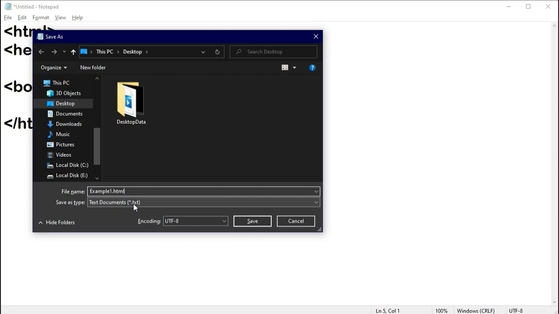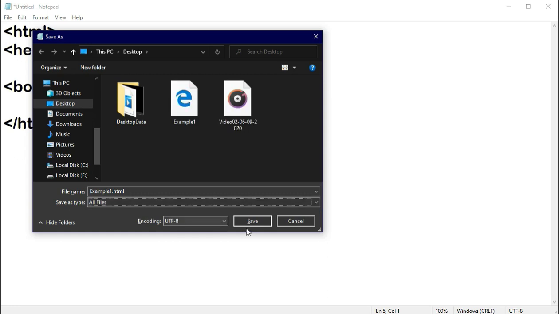So without leaving a space, save your file, and here in the Save as type option, if you change it to All Files, then you will get to know whether your HTML file is there or not. Right now if you see, nothing is there, but by selecting All Files, along with the HTML file, all the files you can see on the screen. And if you are not changing it, there will not be any kind of problem. But if you leave a space and keep it as a text document, then it will not save your file in a proper manner.